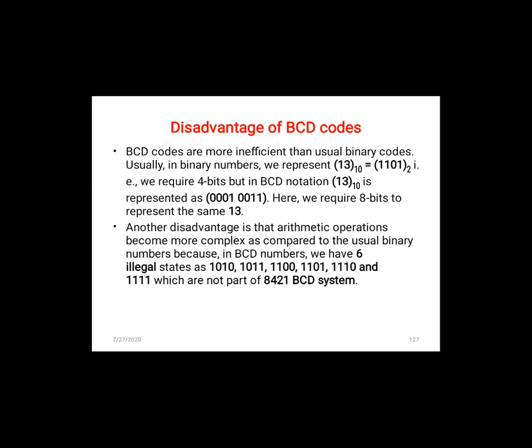So these are your BCD codes. Just take an example: represent 28 in decimal and 53 in decimal in 8421 BCD notation. This might be a question that comes in the exam. So 28 in decimal: 2 you will write separately, 8 you will write separately. Then 5 separately, 3 separately. 8421 is 4-bit. I just wrote the question, do it.